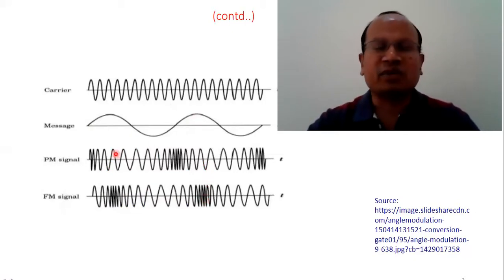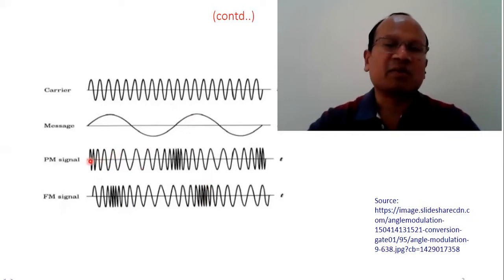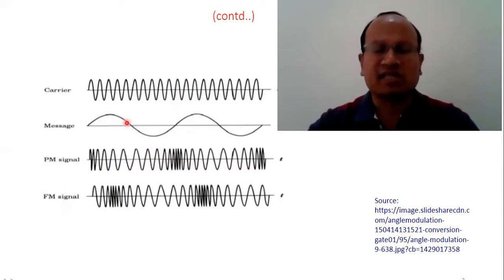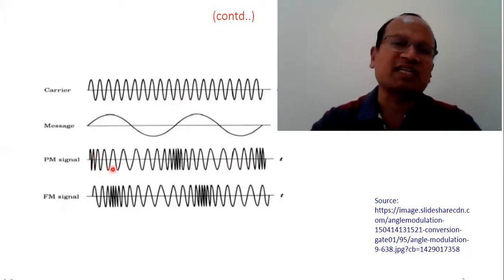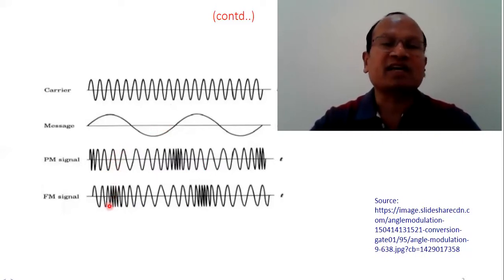But look at the third one, the PM signal, the phase modulated signal. You can find that the third and fourth waveforms are similar. There is change in frequency, of course. There will be change in frequency because it's the basic nature when the modulating signal changes or even when the derivative changes. So actually this third waveform is the response to the change in the derivative of this modulating signal. Why am I saying this? It is because it does not follow exactly the third one.